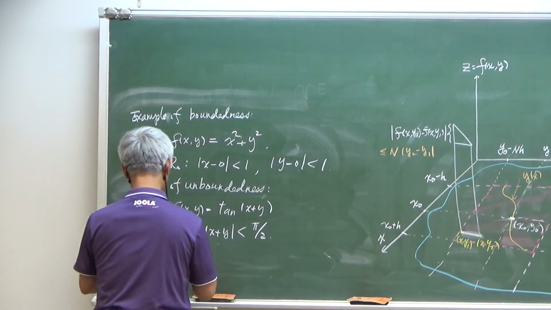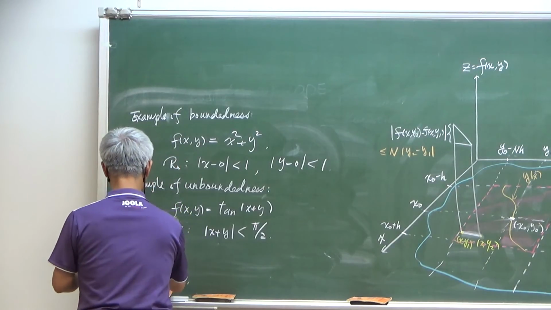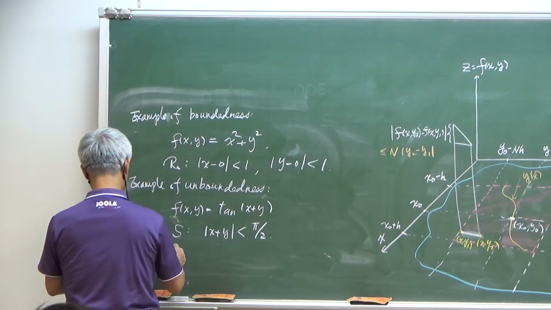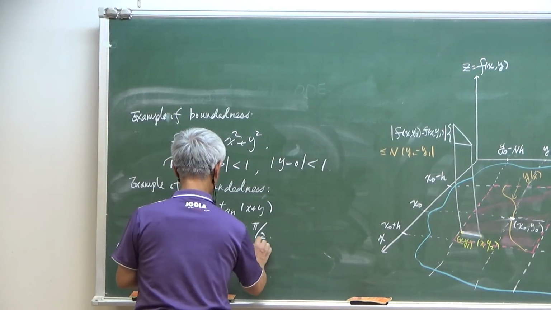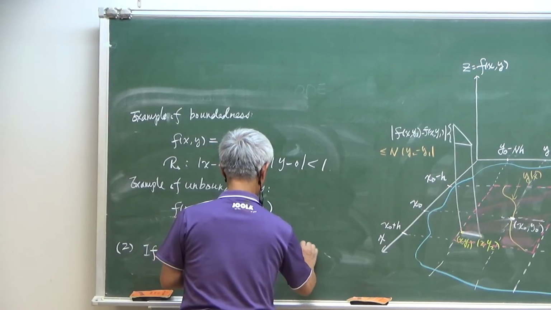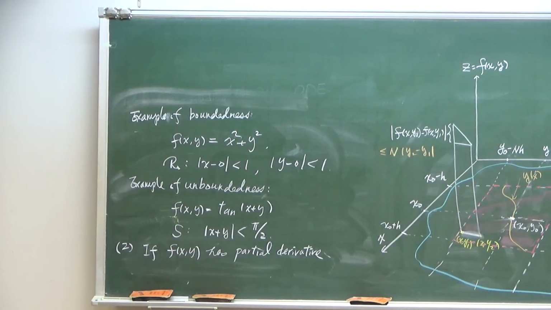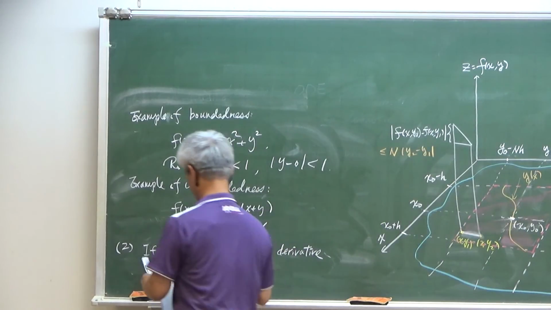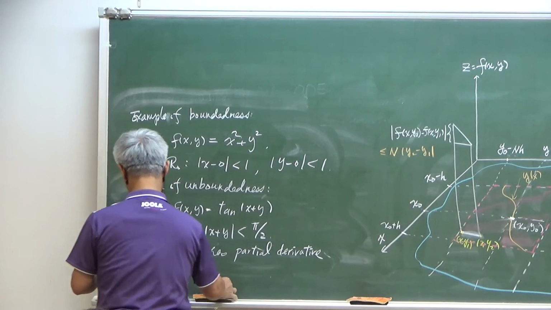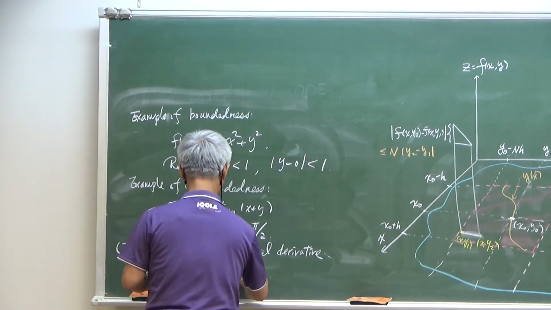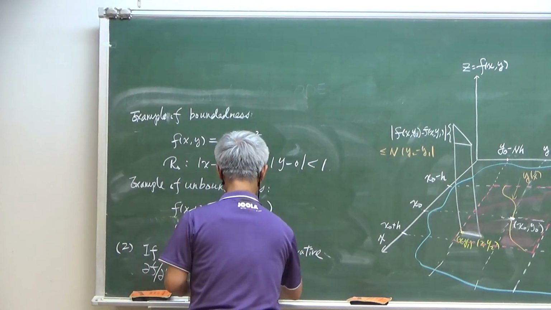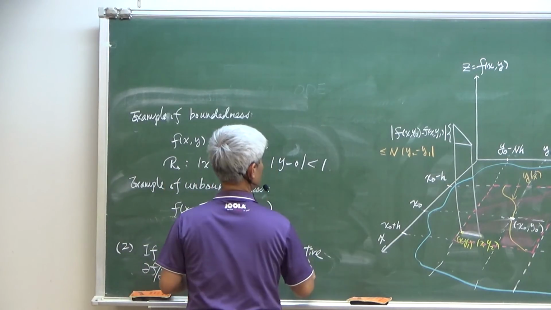Now, if f of x, y has a partial derivative with respect to y, then the mean value theorem